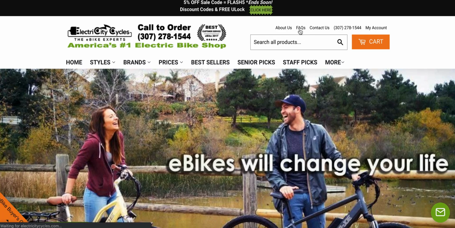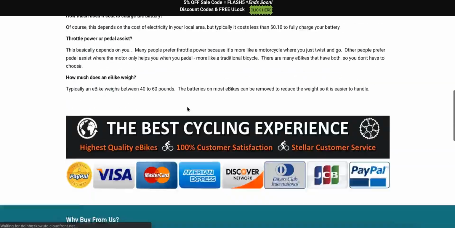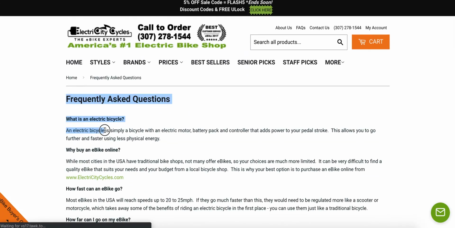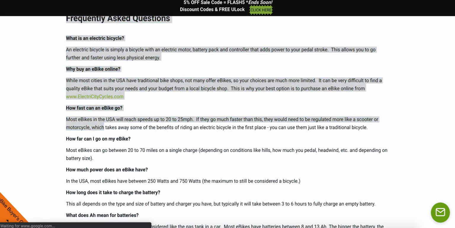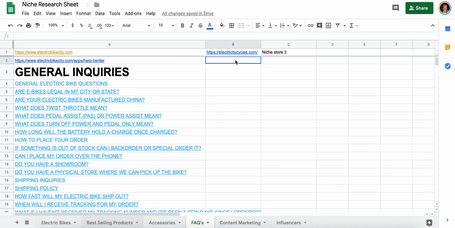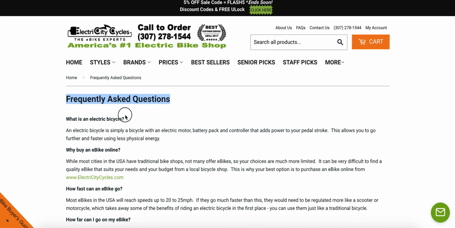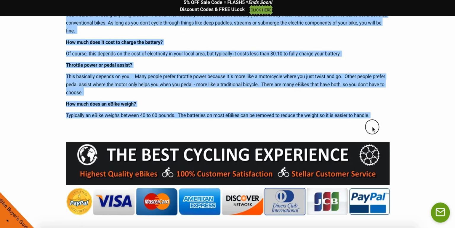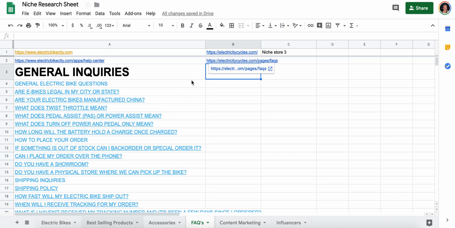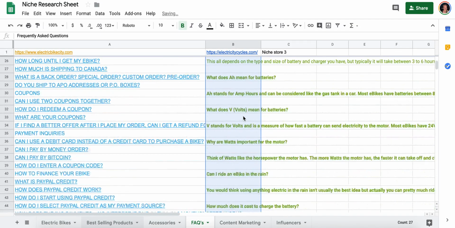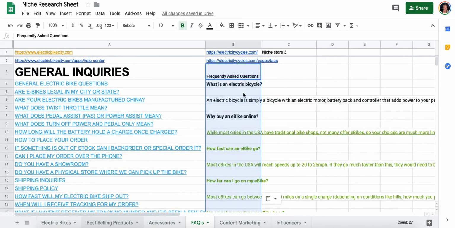Here we go. It shows FAQs in the header, and they have the questions and answers right there, which is cool. So again, extract the link first, and then start at the top and work your way to the bottom. Boom. All right, so you're going to be using this data to create an FAQ page on your website when